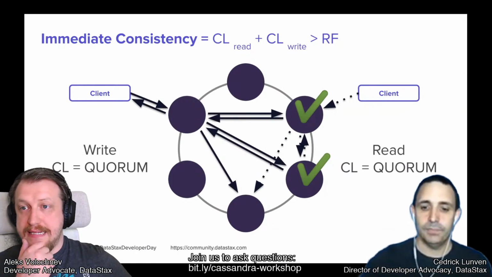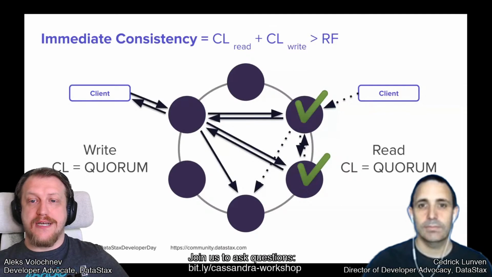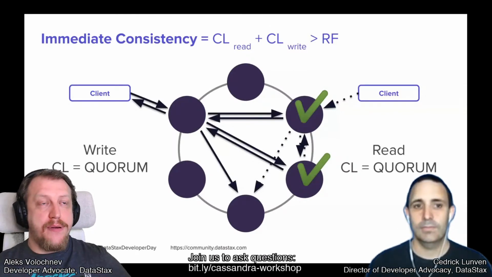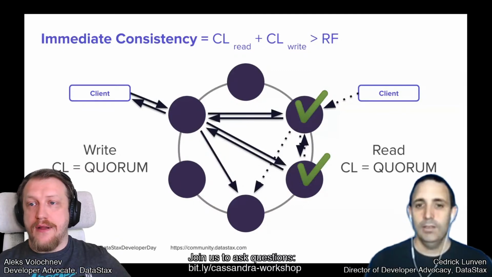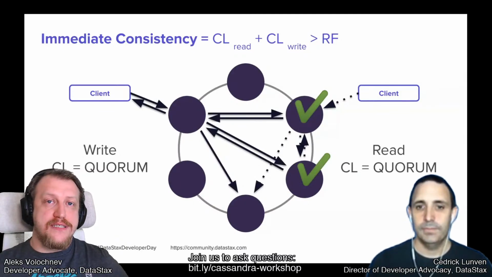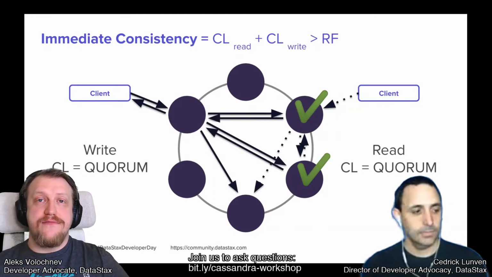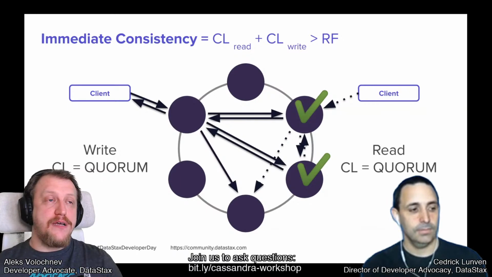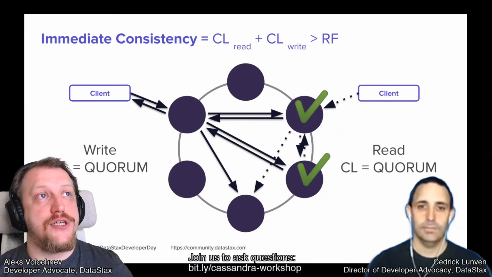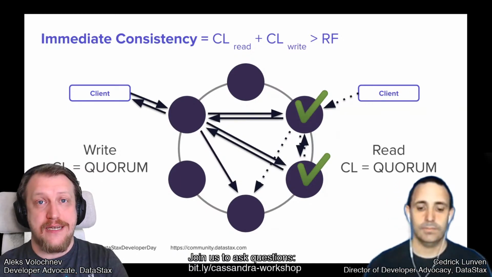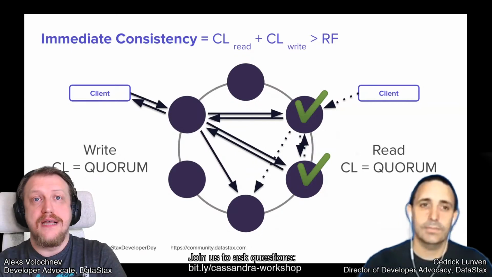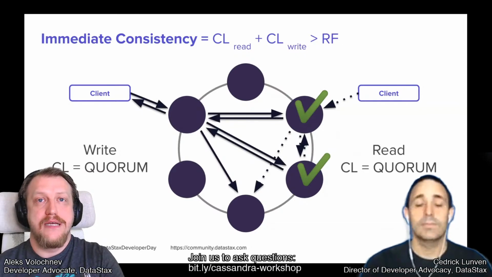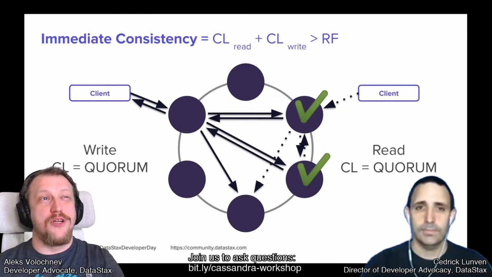Yep. It's very important to understand that consistency level is defined on a per query basis. So by default, it's quorum. When you run read with the default consistency level, and you run write with the default consistency level, you will always have immediate consistency. By the way, that's why I don't like the definition of Cassandra as an eventually consistent database. With the default settings, you are having immediate consistency, which is basically the same. So that's a terminology question, let's say.